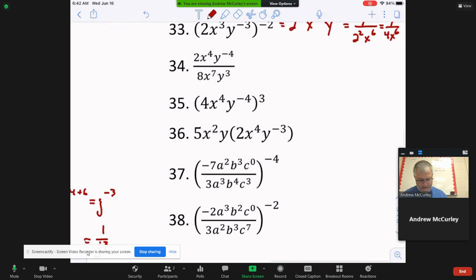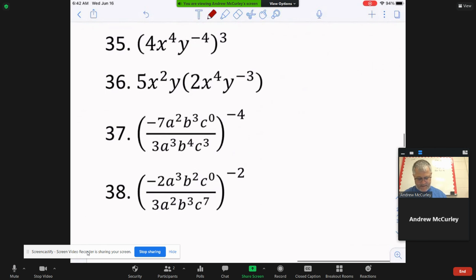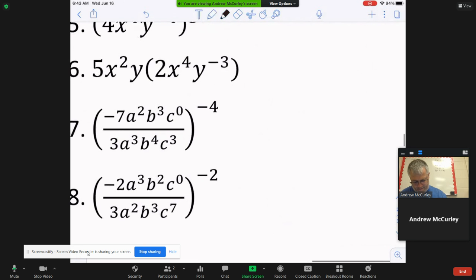Let's take a look at 37. I like 37. 37 is a bring it all together kind of a problem. All right, I've got this negative exponent out here. So what I'm going to do first, though, is clean up what's going on on the inside. 7/3 is the coefficient there, so that's going to stay -7